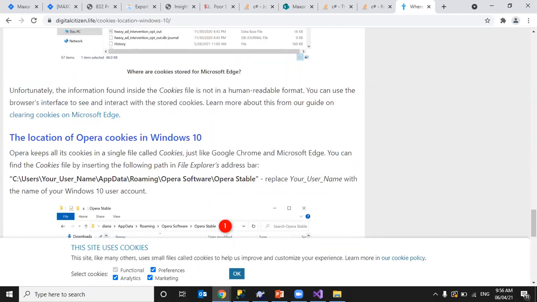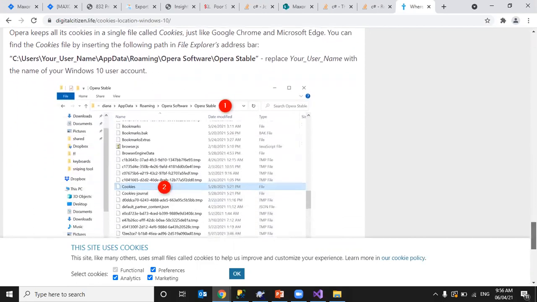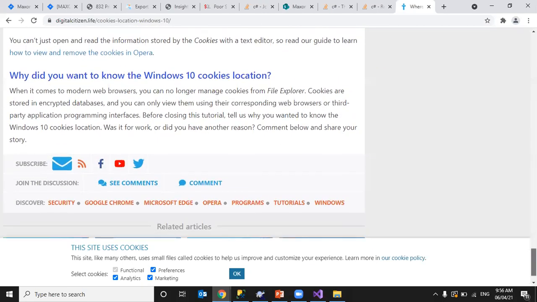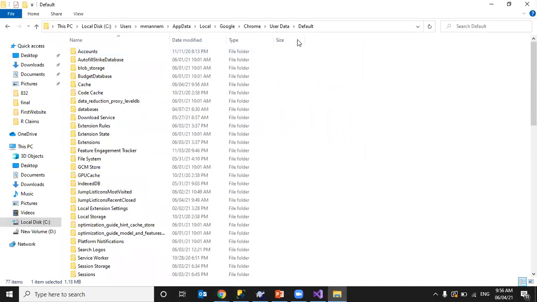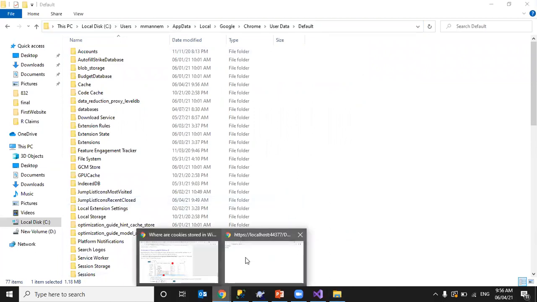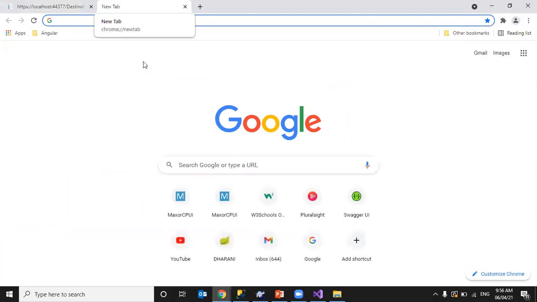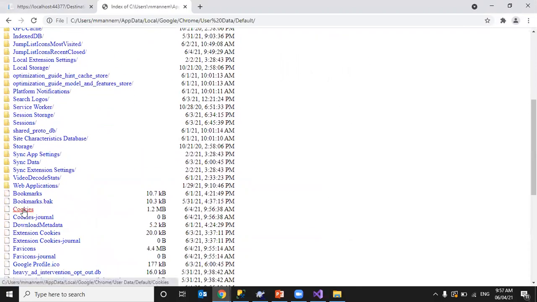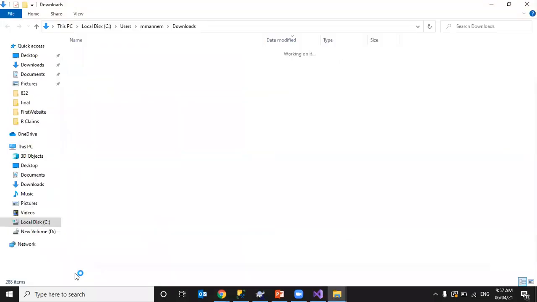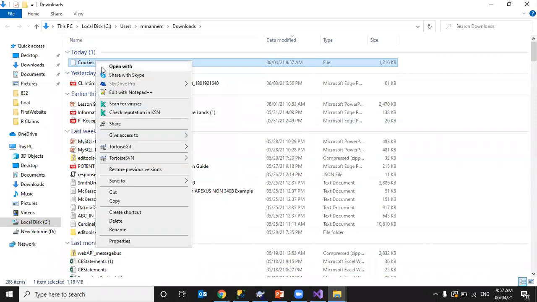You can use the browser interface to see and interact with the cookies. In the browser also we can see that.